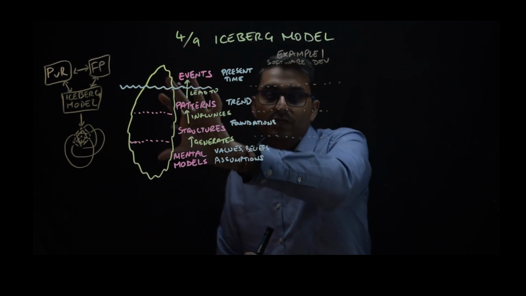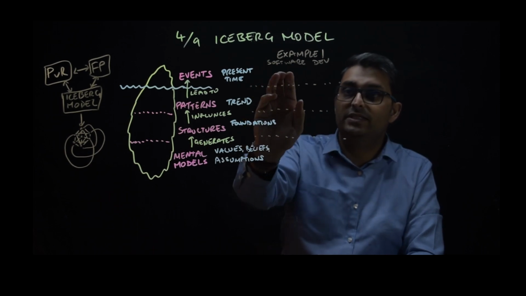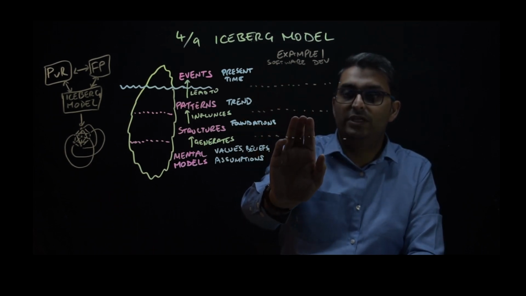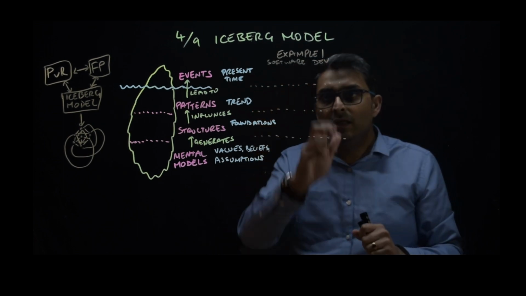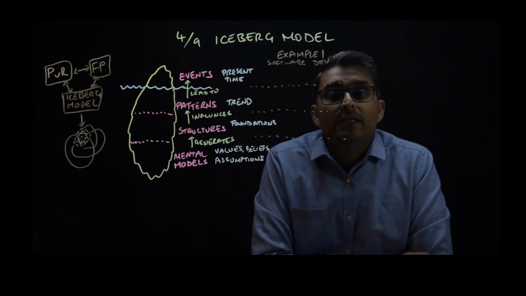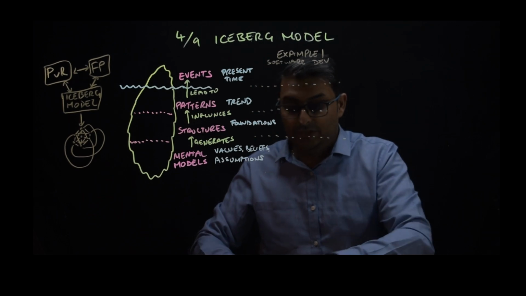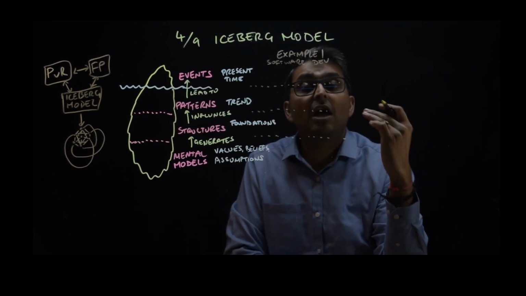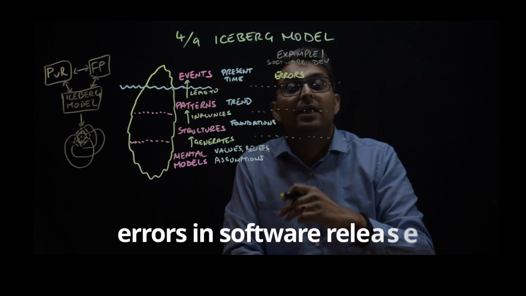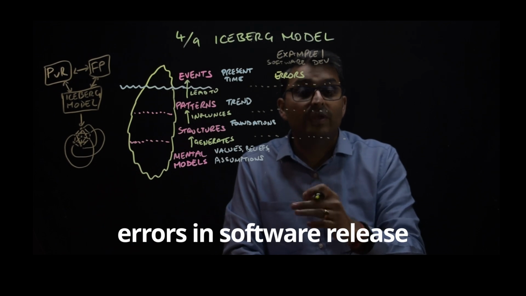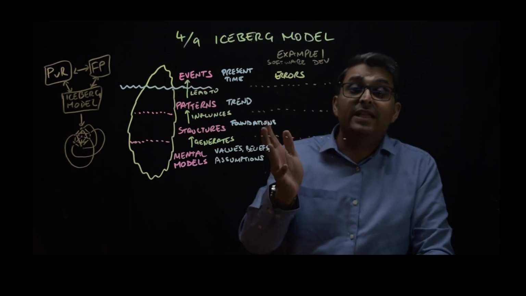So I'm just going to use this diagram, this drawing of the iceberg across this way. So this is the events level, this is the patterns, this portion here is the structure, and this last portion here is the mental models level. So this example is on software development. We've just noticed a couple of errors in the software version we have just released. This is a single event that has taken place in the present time,